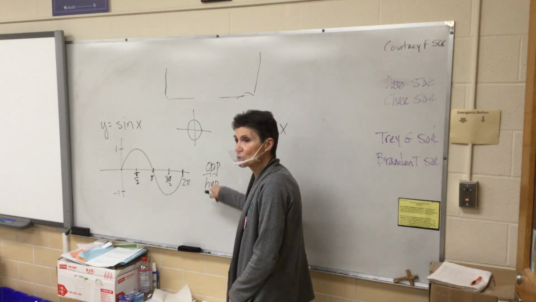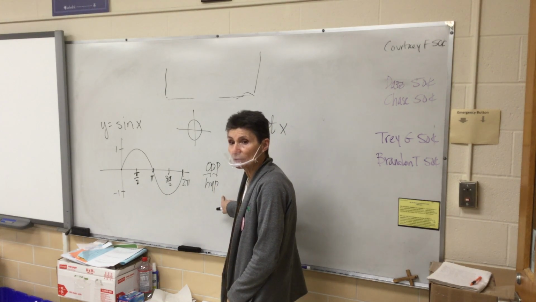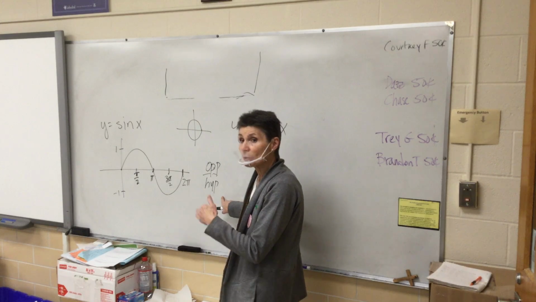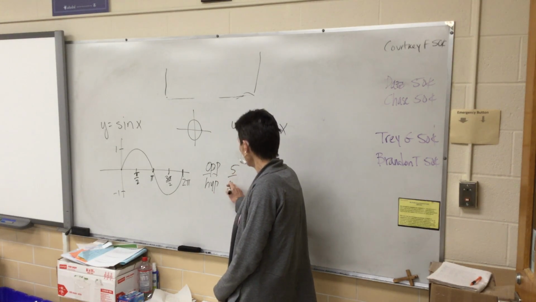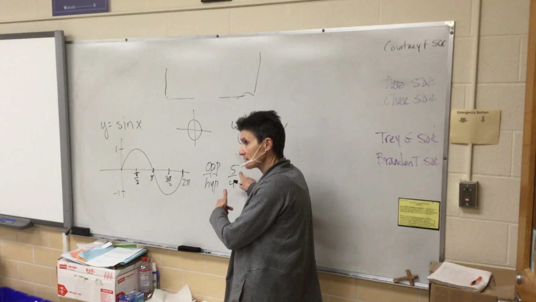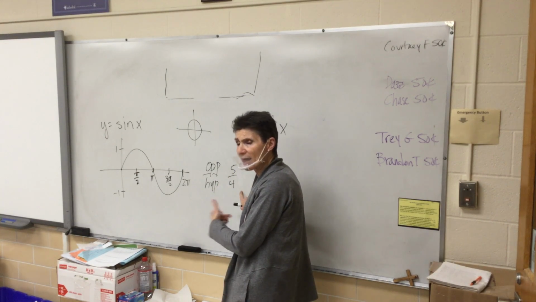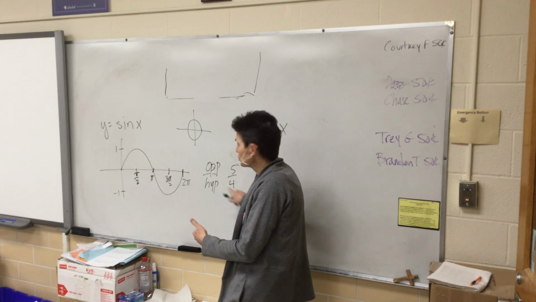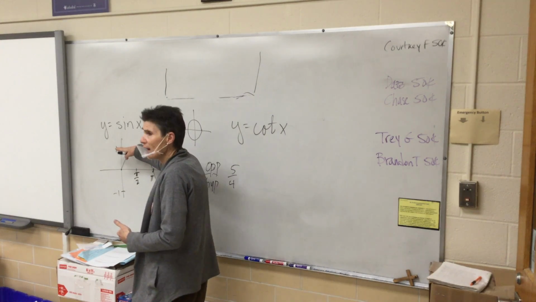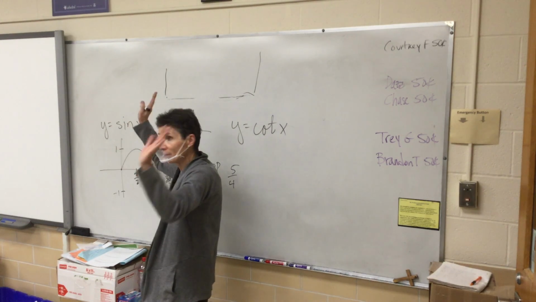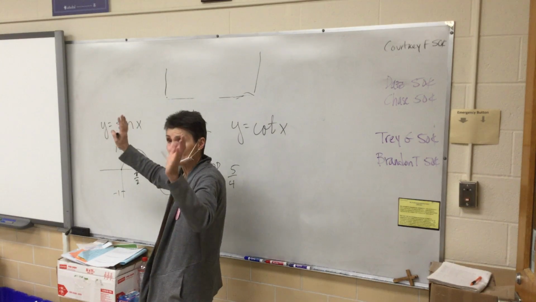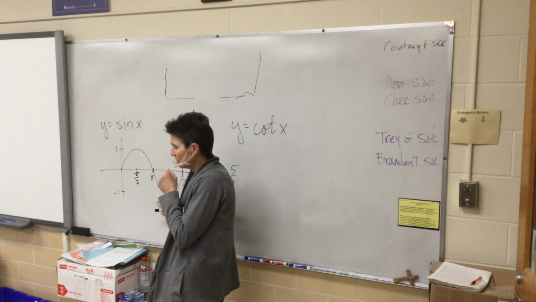So this fraction is never going to be bigger than 1. Because if it were going to be, like 5 over 4, that would mean the opposite side is longer than the hypotenuse, and that can't happen, right? So the highest value of your sine is 1, always, the sine will never be more than 1, or, excuse me, less